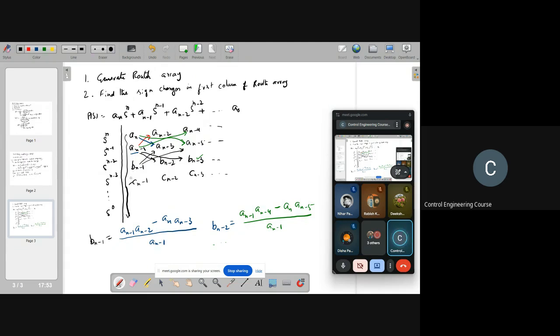If there is any sign change here, that indicates that there is a root on the right half of the S plane. That means the number of sign changes in the first column